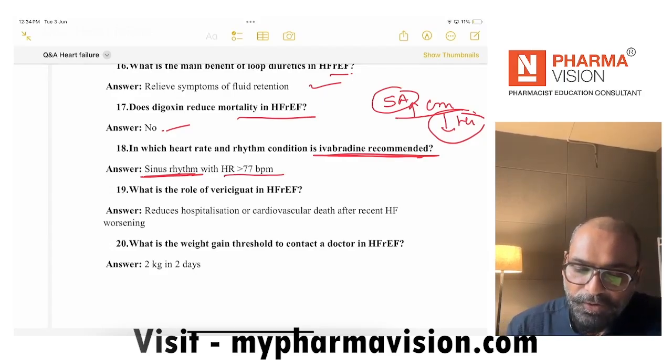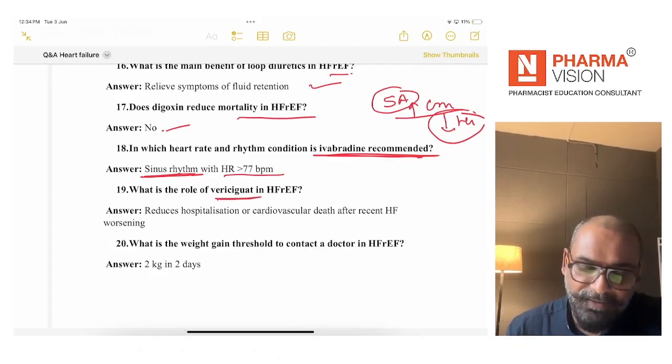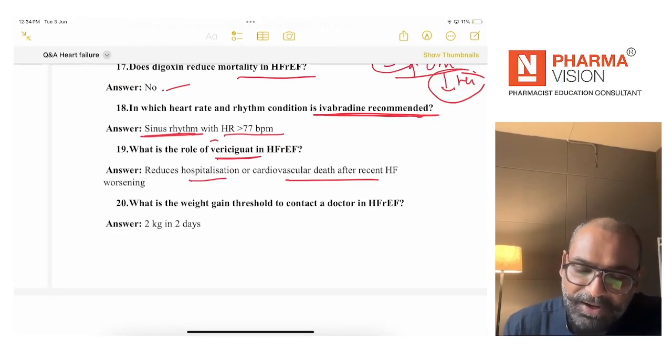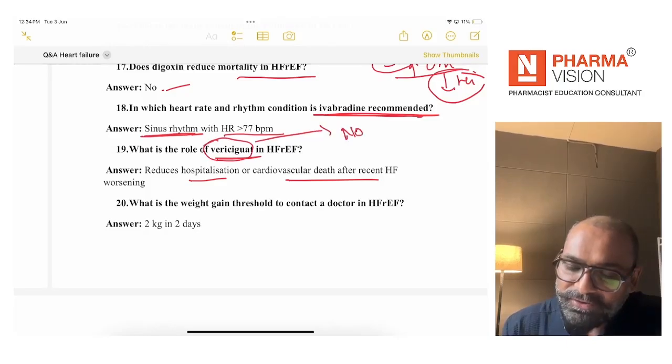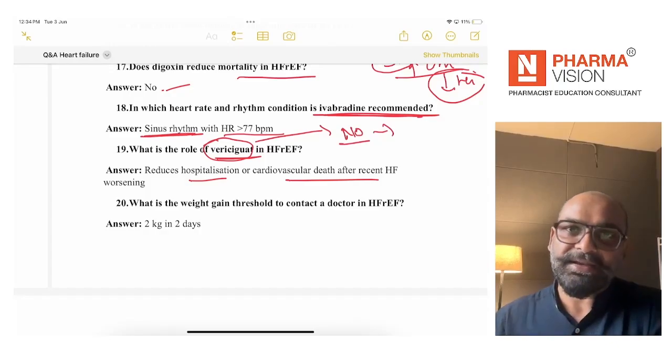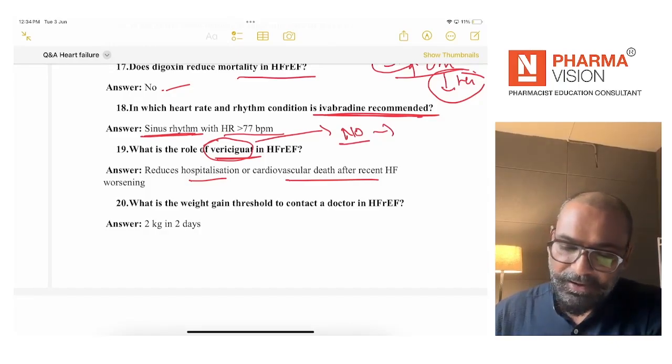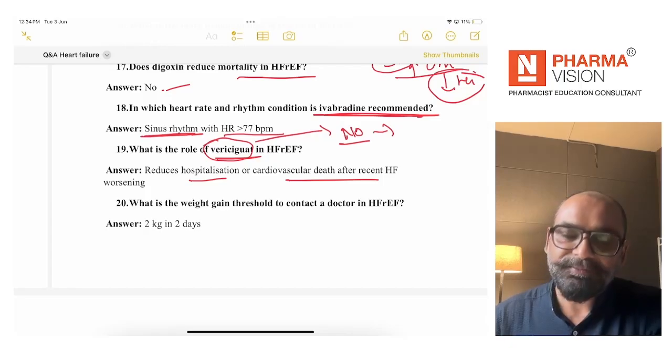Okay, what is the role of Vericiguat in heart failure? Reduce the hospitalization in cardiovascular. This medication kind of improves the nitric oxide function. There are so many examples of nitric oxide related medications in our pharmacology, like